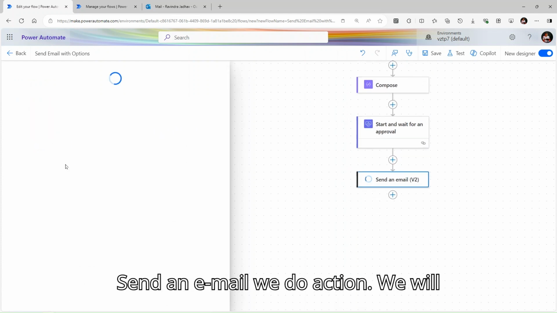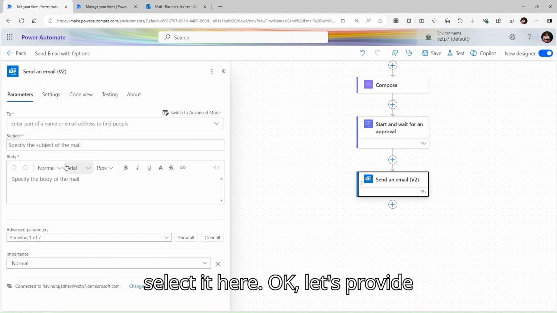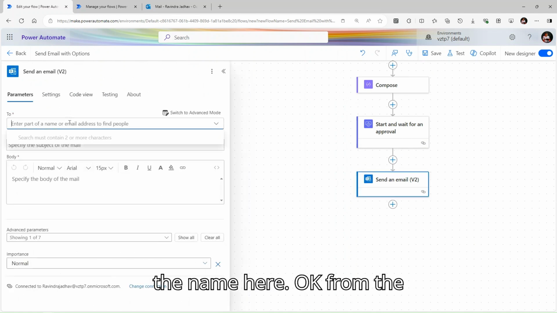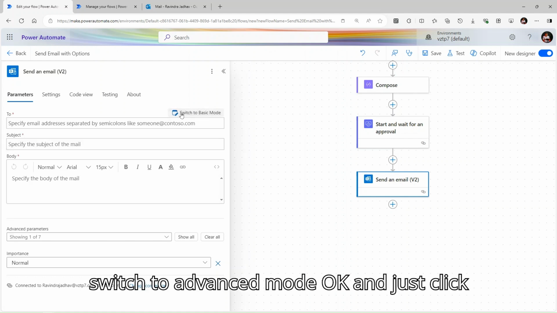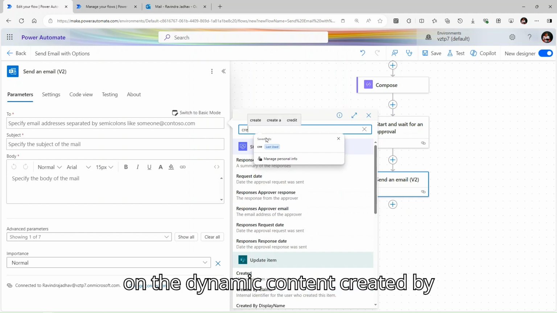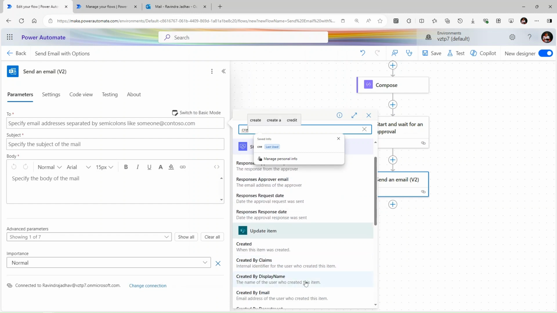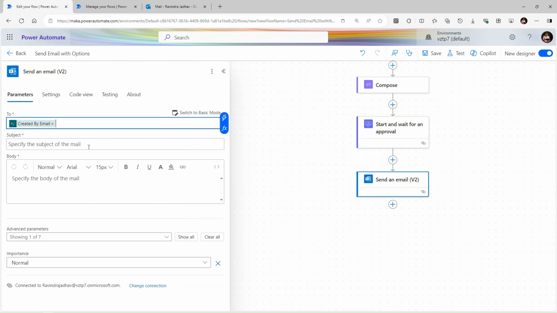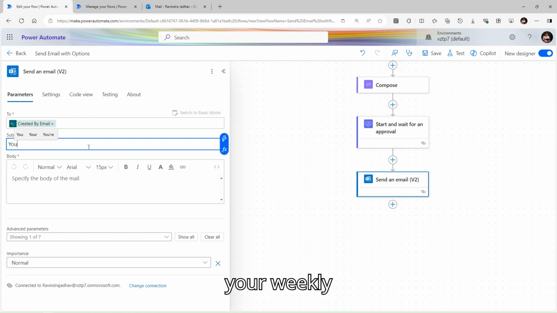Send an email v2 action, we will select it here. Let's provide the name here. Then switch to advanced mode, and just click on the dynamic content created by, your weekly time sheet is,